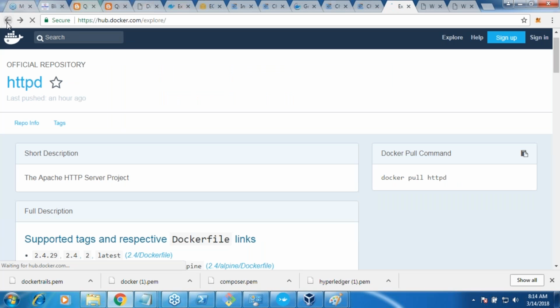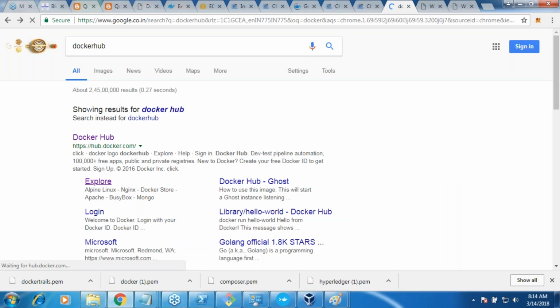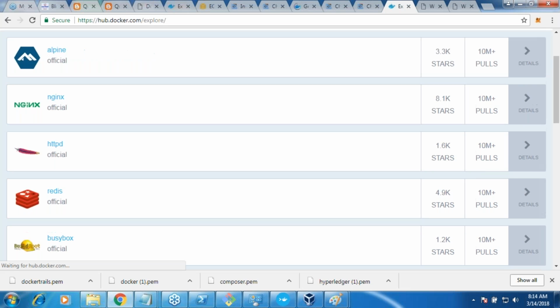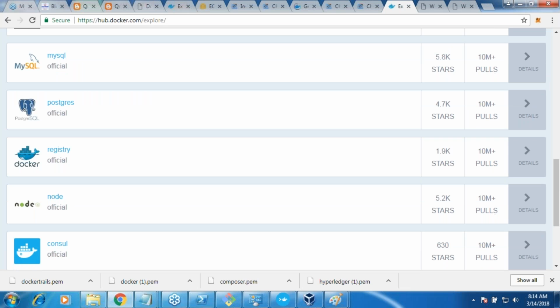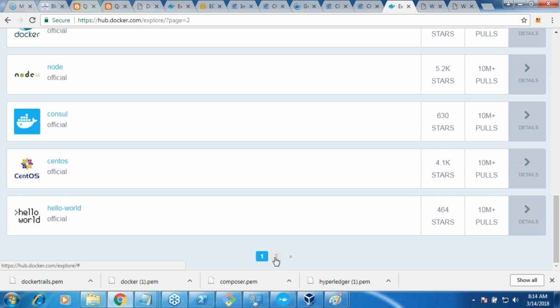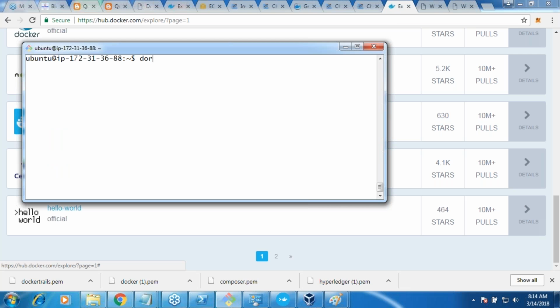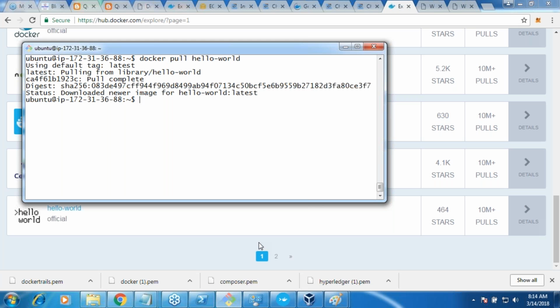So what would we take? Let us take something else. Let me take hello world, it is a simple image. We'll go back to the other images at a later point of time. On day one, I don't want complicated containers. So Docker pull hello world. Okay, I have pulled it.